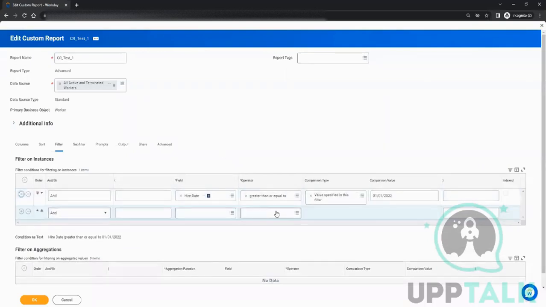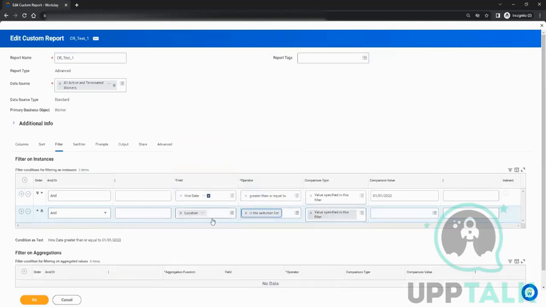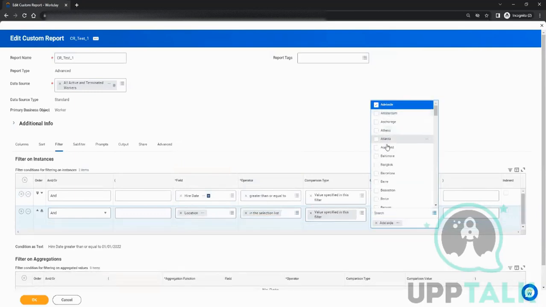You can add another one and say location in the selection list, and you can choose,